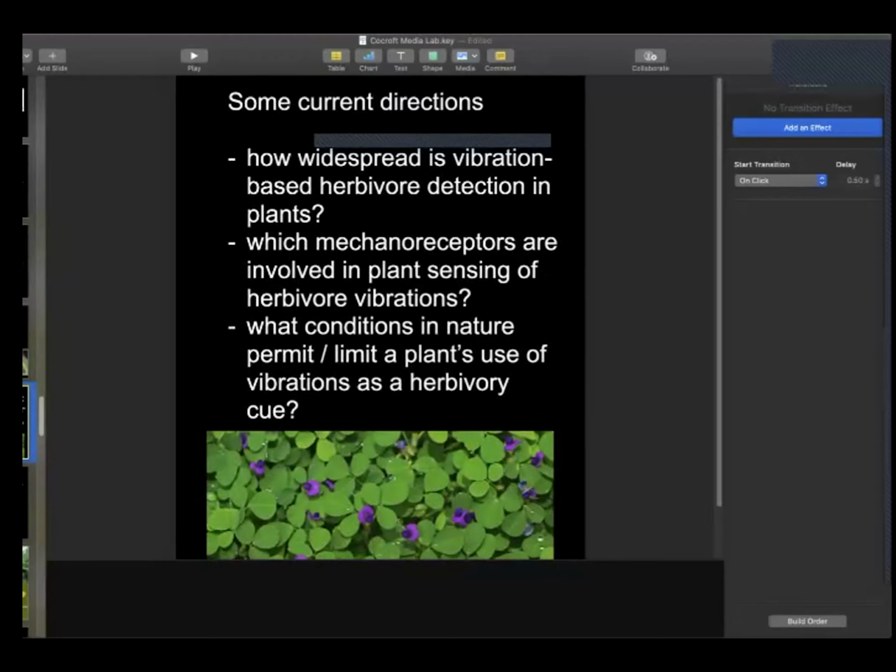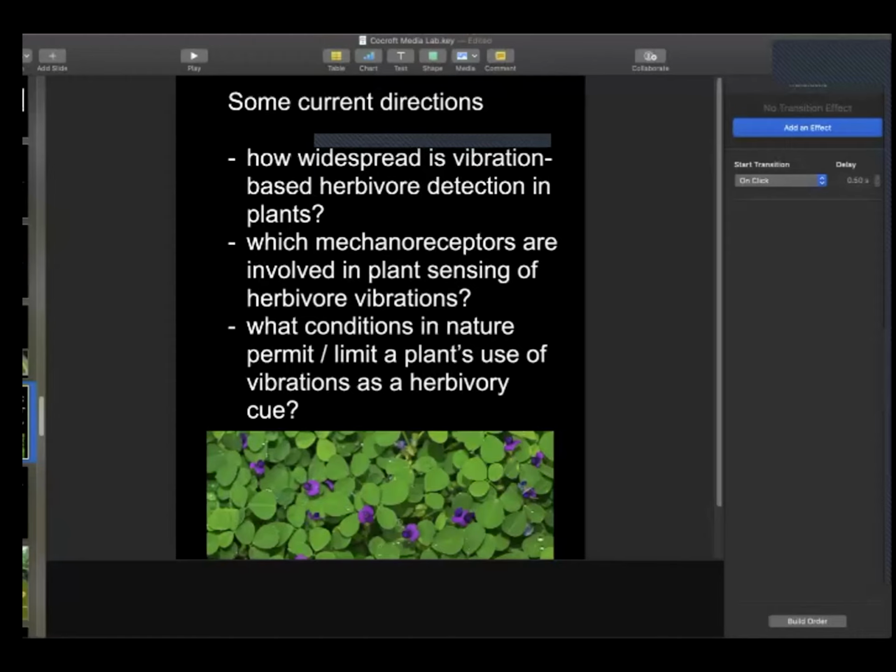But what about other plants? We think it should be widespread. There's nothing special about Arabidopsis in terms of sensing vibration. All plants can do this. And we've got some plants that have mutant lines that are defective in one or more mechanoreceptors. And so we're starting to look at whether we can use this to figure out which mechanoreceptors are involved in